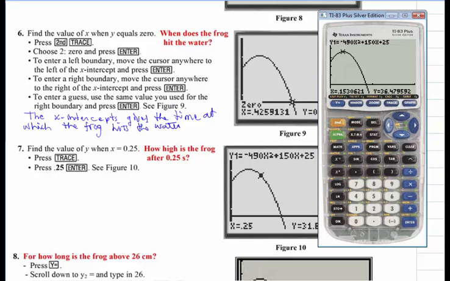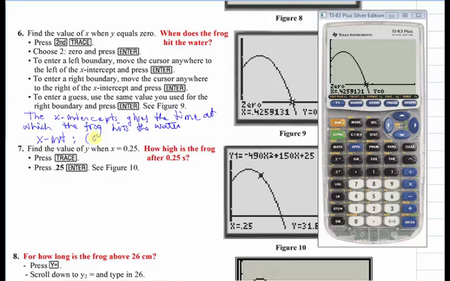Okay, so getting x-intercepts means you need to find your zeros. So you're going to go second trace, choose item 2. You're asked to do a left bound and a right bound, so we want to bring the cursor closer to our x-intercept. And if you notice, left bound in this case is going to be above the x-axis. So left bound, hit enter. We want right bound, we're going to go below the x-axis. So we're below the x-axis now, enter. Here are two little arrows. We need to make a guess. Our x-intercept is in between those two arrows. Enter, and we get an x-intercept